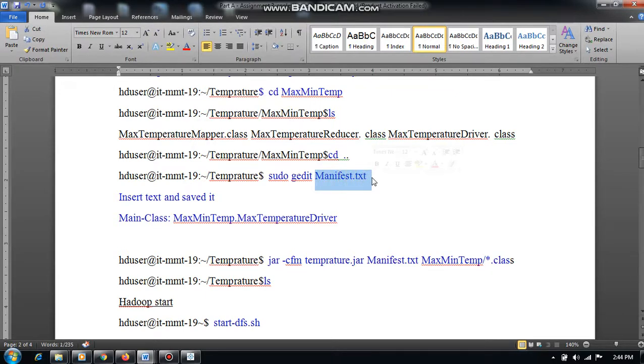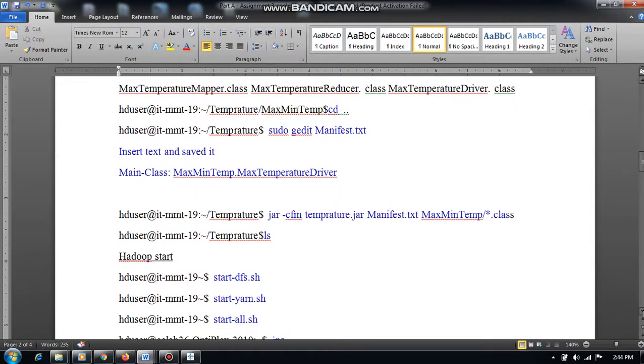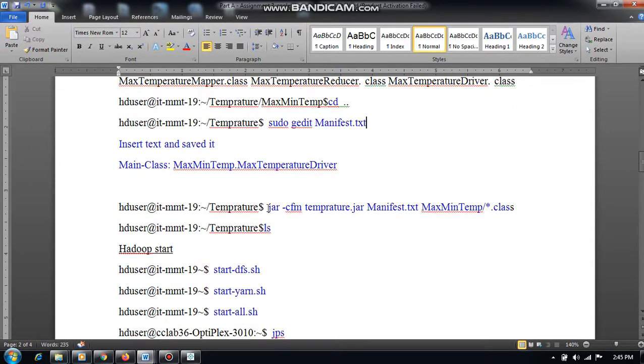A jar file is nothing but, as I already explained in the previous programs, a kind of executable file. After the creation of these jar files, you have to write the statements for completion of your jar file creation. So these things you have to remember, the commands for creating the jar files. Okay, so these things you have to remember.